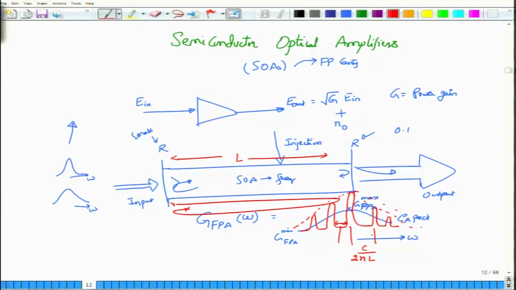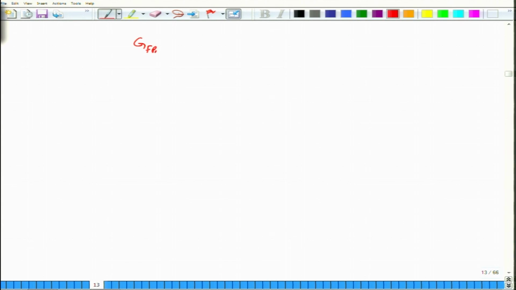And this spacing between the gain peaks is called the free spectral range. Okay. To increase the free spectral range, to increase the spacing between the peaks, you want to make L as large as possible. Of course, there are practical limitations as to how long you can make these devices. Therefore, you have to live with the fact that the gain spectrum is discrete and shows multiple peaks. Okay. Of course, the peaks themselves are reasonably broad, so that most of the wavelengths can be fit into them, but not every wavelength in the operating fiber optic communication system can be fit into one of those peaks.